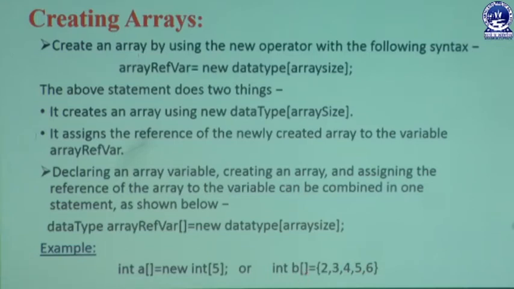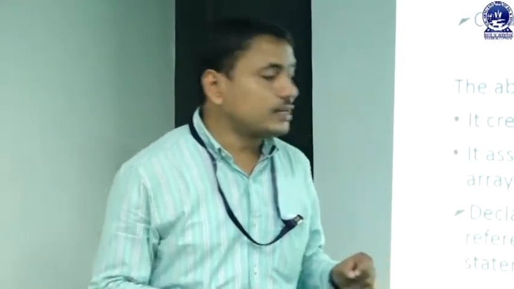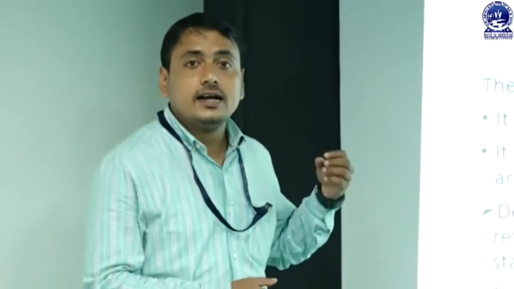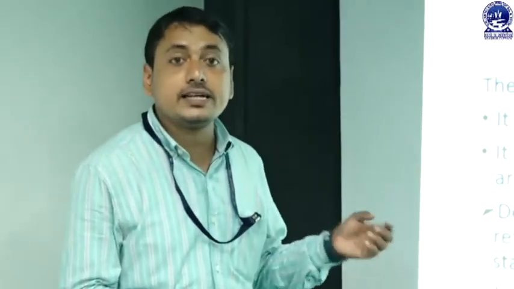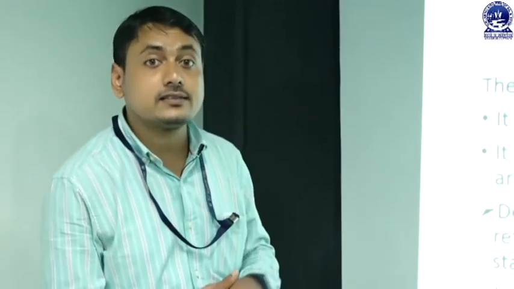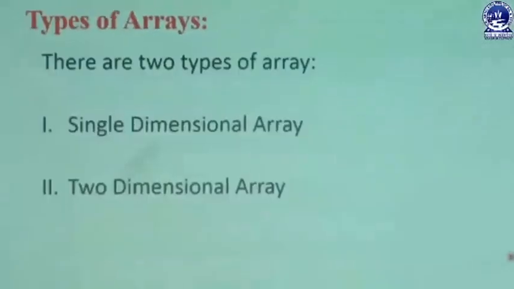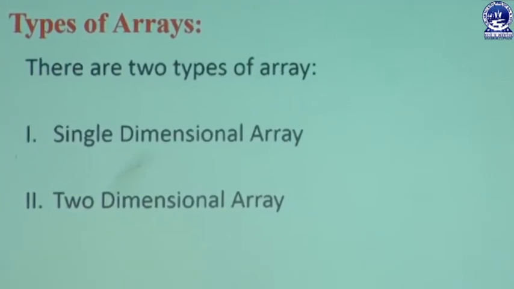And in that case, if a user wants to retrieve the size of b, they can use the b.length method. With the help of the b.length method, a user can easily retrieve the size of array b, because whenever you declare an array variable, you are assigning some constants to that array type variable. In this way we can collect the element size, meaning array size, by using the length method. Next we can learn what the different types of arrays are.